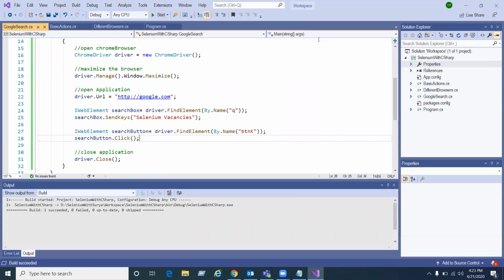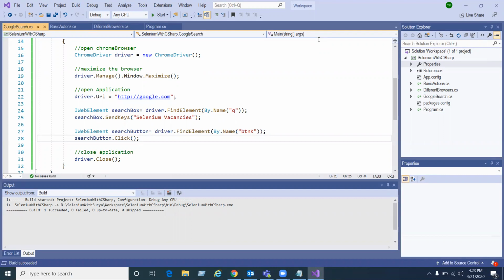Now, from an automation point of view, it's not only Selenium. Whether it is QTP, RFT, Silk Test, Ranorex, Selenium or whatever it is, the major issue you face in automation is synchronization issues.